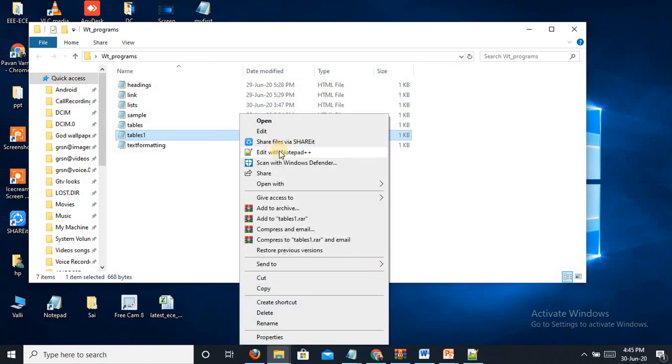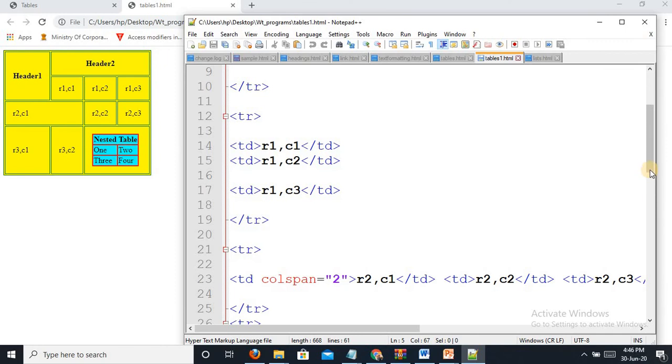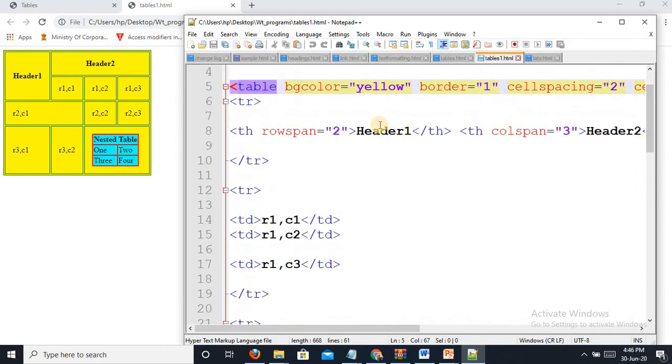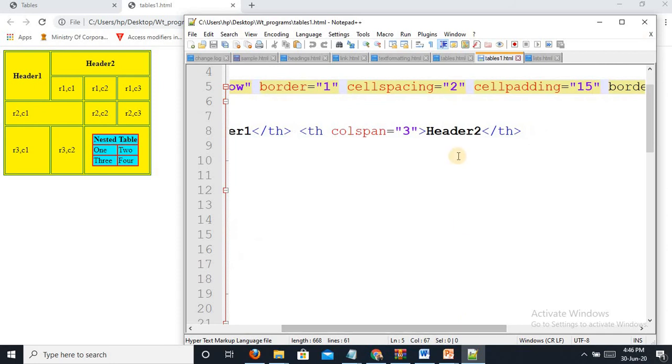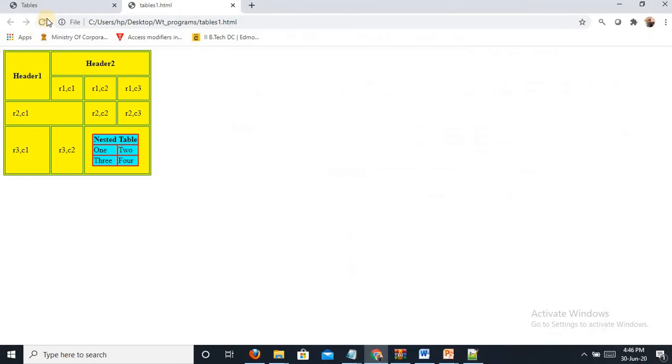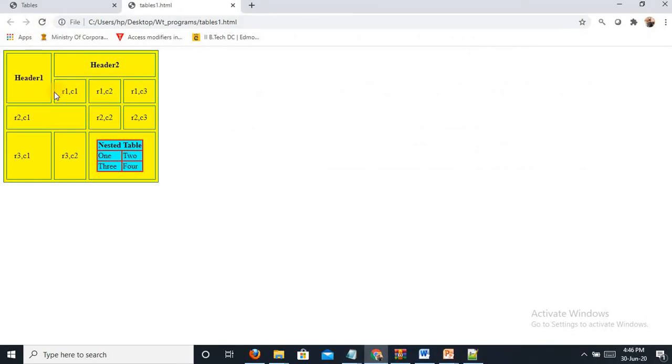Here I will show you the code. See, the first attribute is bgcolor equal to yellow. It's showing the yellow, and I had given border 1. Cellspacing is equal to 2. Let's see the difference between cell spacing and cell padding. So first I am changing the cell spacing to 5. I have saved. It will show the difference between each cell. It will give the space between cell and cell. So if you give 5, this spacing is given. So cell spacing defines the space between two cells.